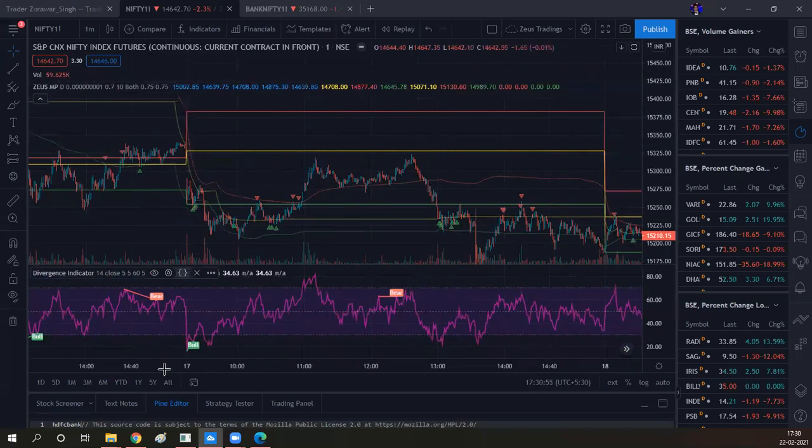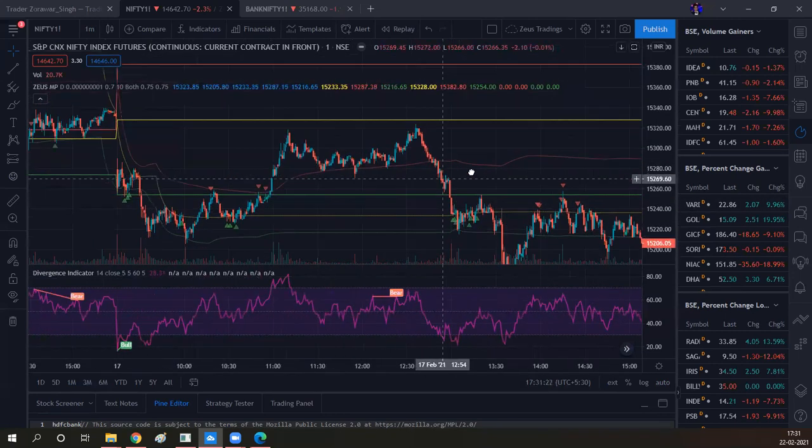Okay. So it made this kind of bottom. When it came down again, it made this bottom. After that, it again extended itself, but clearly there was a large difference between divergence out here and divergence out here. So you can start thinking that the market may now have a bullish perspective for a while. Now let's come to these signals that fired too.